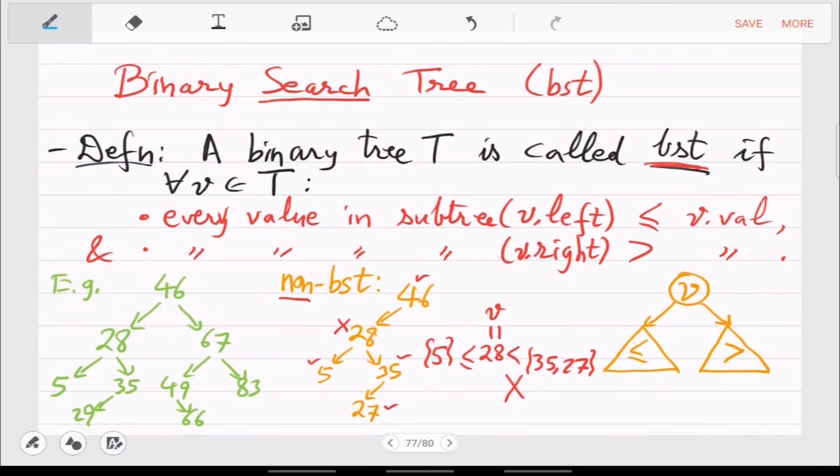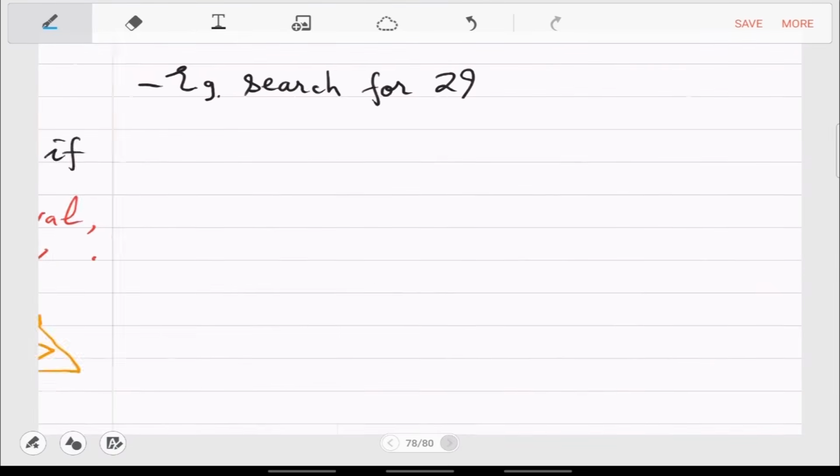Yes, left. So you go to 28, from 46 you go to 28, then from 28 you go to 35, then from 35 you go to 29, right? So this is the pseudocode for searching 29 in binary search style.